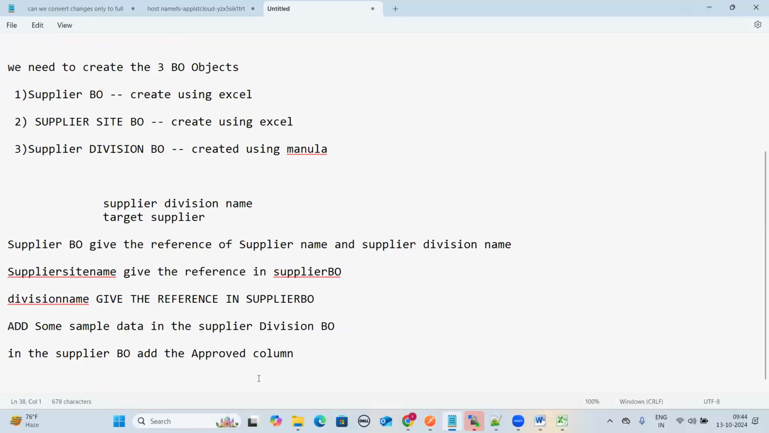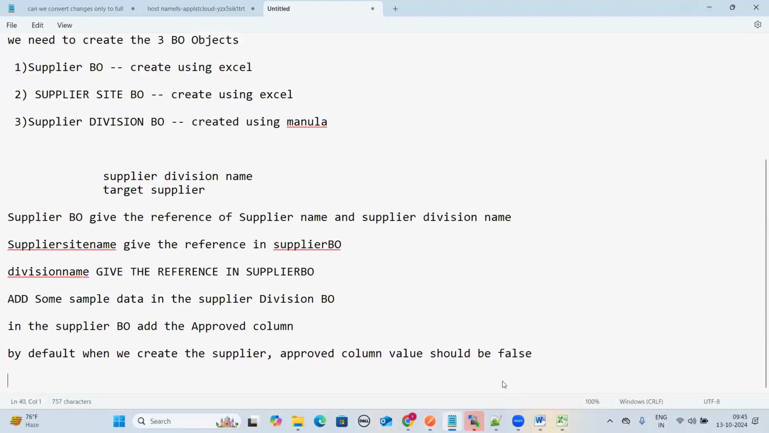Approved column. By default, when we create the supplier, the approved column value should be false. The data type is Boolean. In the supplier business object, add the approved column, data type Boolean. By default, when we create the supplier, the approved column value